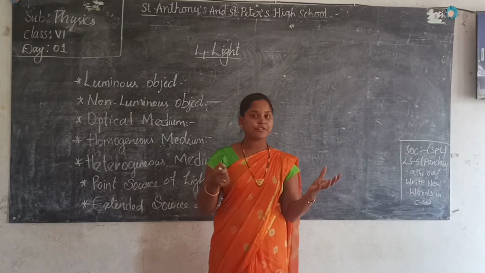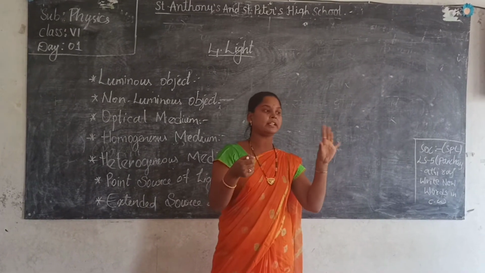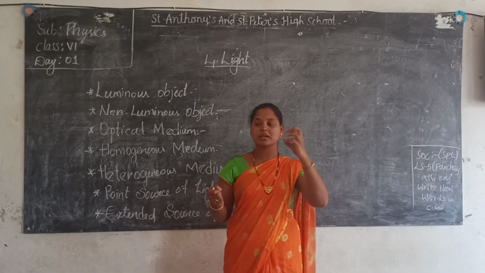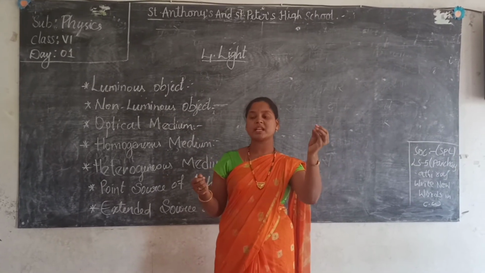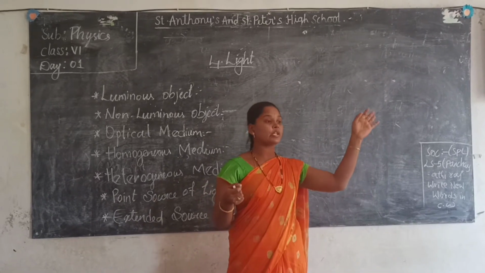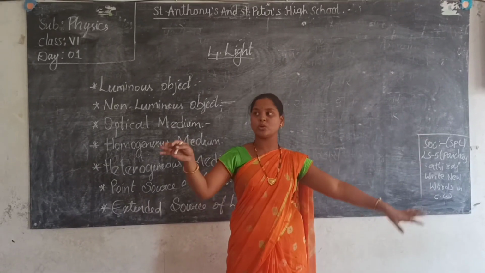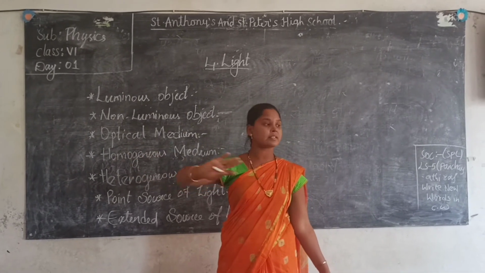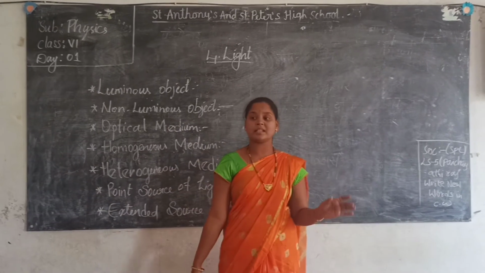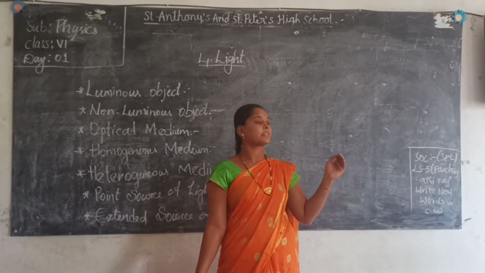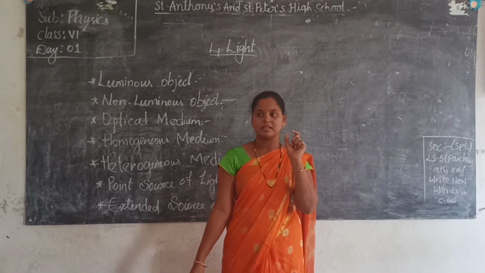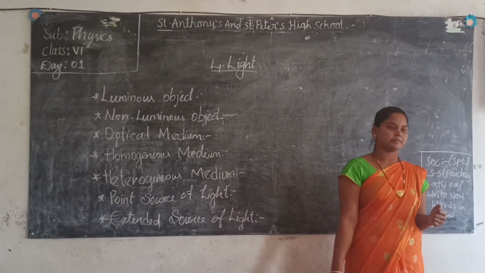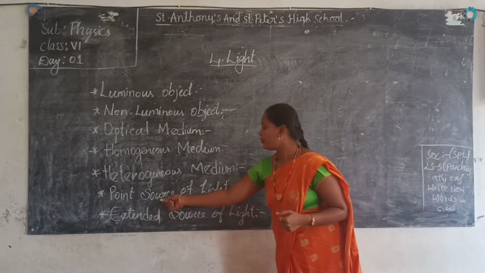But if you take a glass of different shape, designed glasses, and send light to them, can you see the light completely? No. Some area will be light, some area will be dark. In some areas light will pass more, in some areas light will pass less. Our school windows are just plain, so they are completely homogeneous. Why? Because all the rays pass evenly. Whereas designed glasses, which have some design where light cannot pass equally, that medium is called heterogeneous media. Clear?